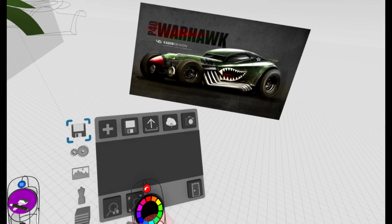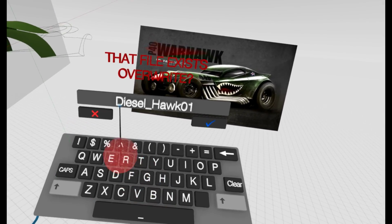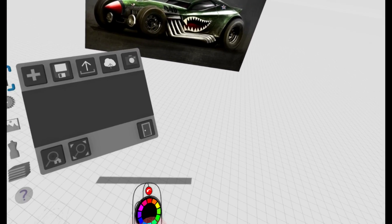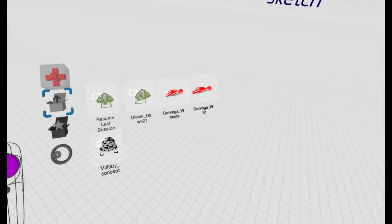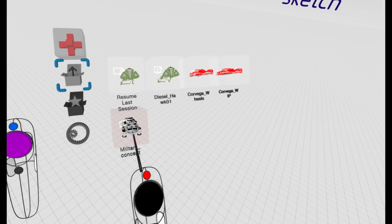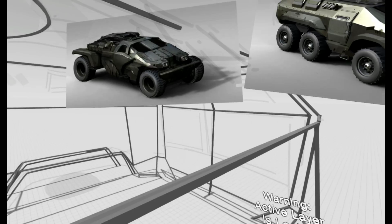But I'll just quickly save that. So yeah, this one's going to be called the Diesel Hawk. So that's going to be super cool as well. Also, before I get off, I'm going to show you some progress regarding the military concepts that I was working on. Alright, so